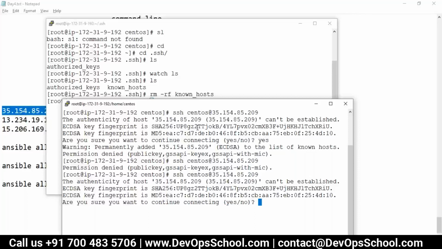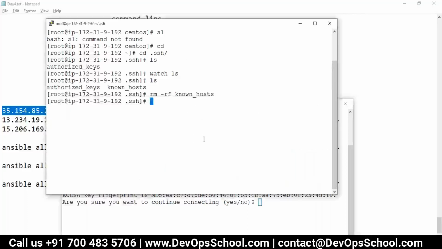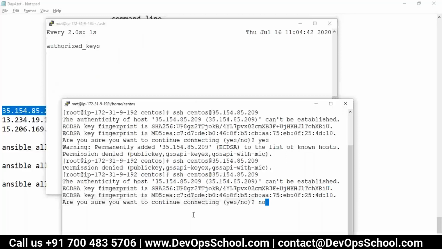This is the way to make sure that you are connecting to the right machine. If you say no, you will not get connected, because host key verification failed. This is SSH behavior.